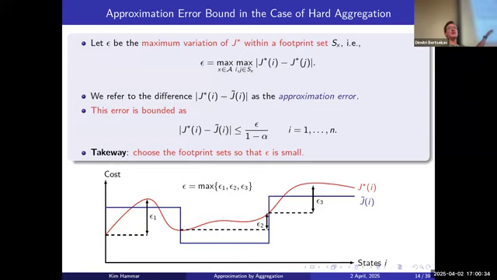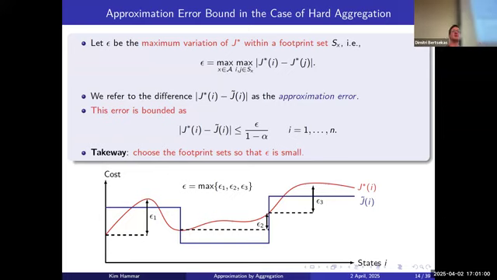So that's the difficulty. It's quite hard to design your aggregation beforehand to try to make epsilon small. If you knew J star from the beginning, it would be a lot easier, of course. Then you could just fit it. But in general, it's quite hard to